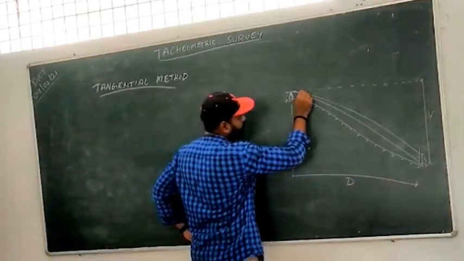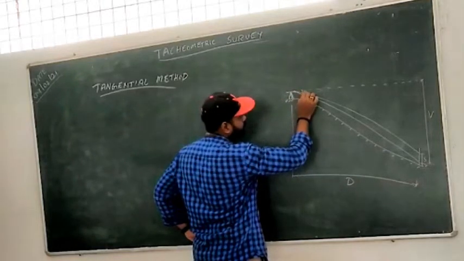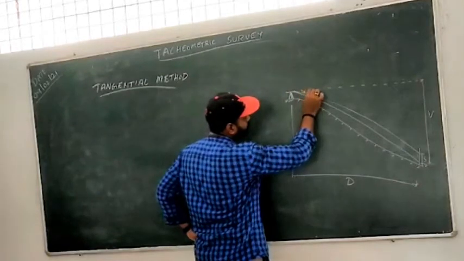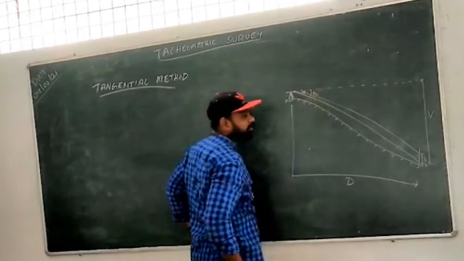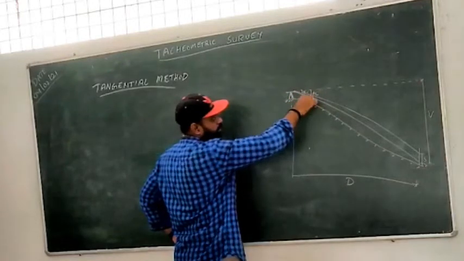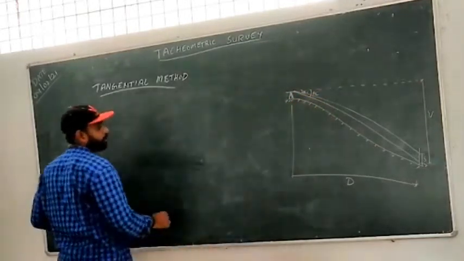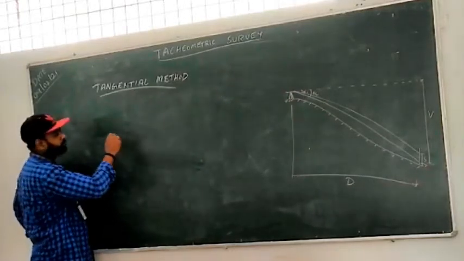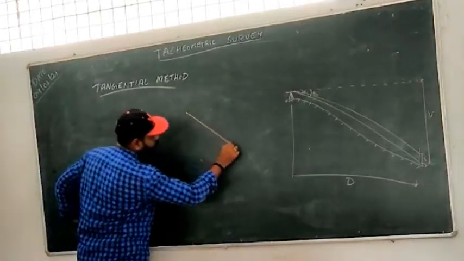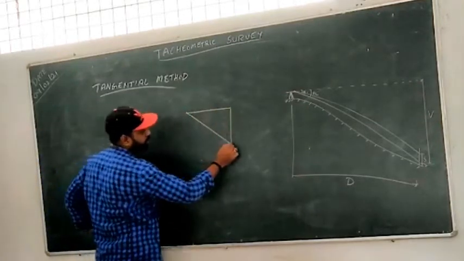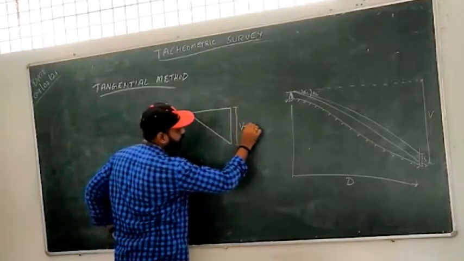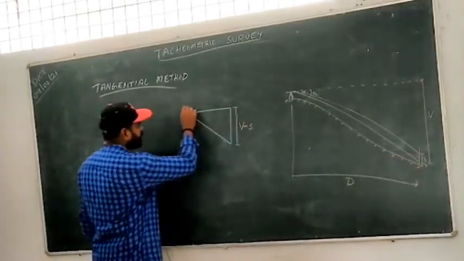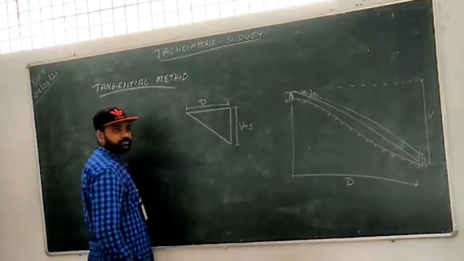Now you tell me, say this is your alpha 1, say this is your alpha 2, okay? Alpha 1 is for the top vane and alpha 2 is for the bottom vane. Now for alpha 1, what will be the equation for V? So this height will be V minus S, right? Because S is there, right? V minus S, and this is your distance.